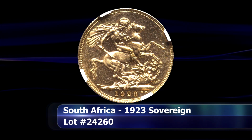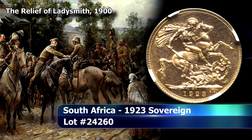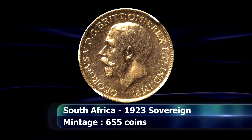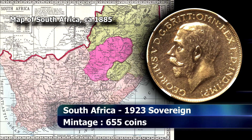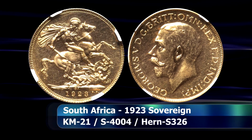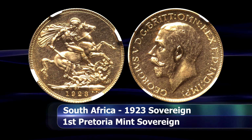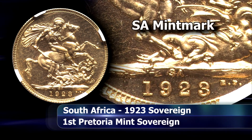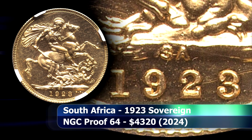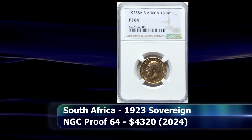Following the British victory in the Anglo-Boer War, the 4 southernmost British colonies in Africa, namely the Cape Colony, Natal Colony, the Orange Free State or Orange River Colony, and the former independent South African Republic, now the Transvaal Colony, were all combined as one to form the Union of South Africa. This is one of the very first sovereigns to be minted from South African gold at the newly established South African Royal Branch Mint. Only 655 of these coins were minted and are today very sought after by collectors. Graded by NGC as Proof 64, it sold at auction for